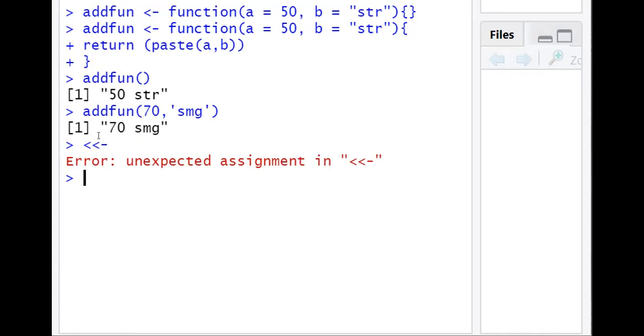A global variable is one that we declare outside, and these global variables can be used inside a function also. But when we use a global variable, we have to use this particular symbol. Using this particular assignment operator is a way to tell the environment that this variable is a global variable. If we don't use this double less than operator, then it indicates that it is a local variable. So it is a way to distinguish whether we are dealing with a global variable or local variable.